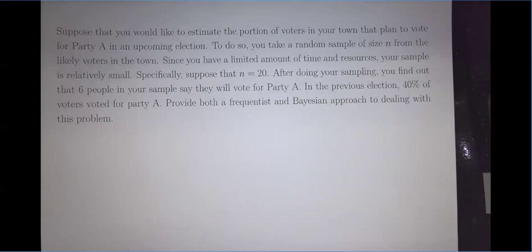In the previous election, we know that 40% of voters voted for Party A. So let's take a look at this problem from both a frequentist and Bayesian perspective. And the key that we want to take away from this is the difference between the two approaches. So in a frequentist approach,